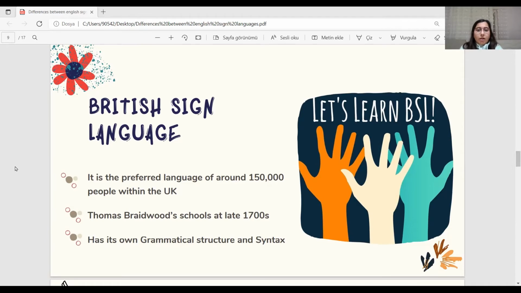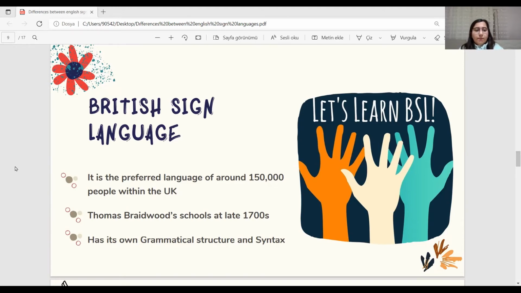Even within the UK, different regions have their own unique dialects and syntax or grammar structure. This means that a deaf person from the south of England, for example, may use different signs to someone from Scotland or the north. BSL has many dialects that vary region by region. As I said before, signs in Scotland may not be the same as in England. That's why some signs are even different from city to city.